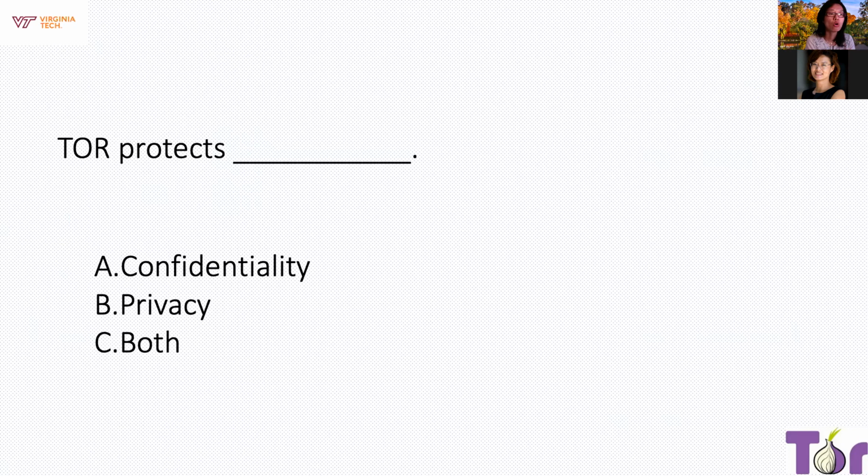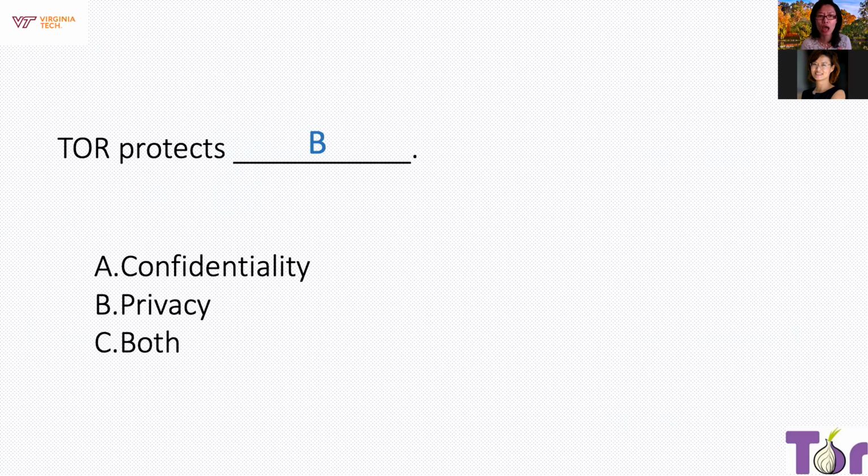Does TOR protect A, confidentiality, B, privacy, C, both? Your answer should be B. It's very important to know that TOR by itself does not provide end-to-end encryption. A lot of people